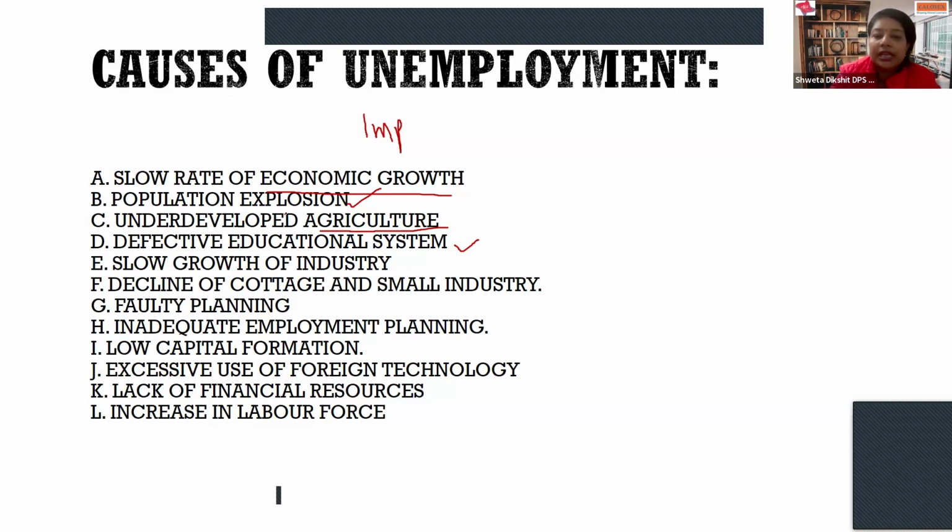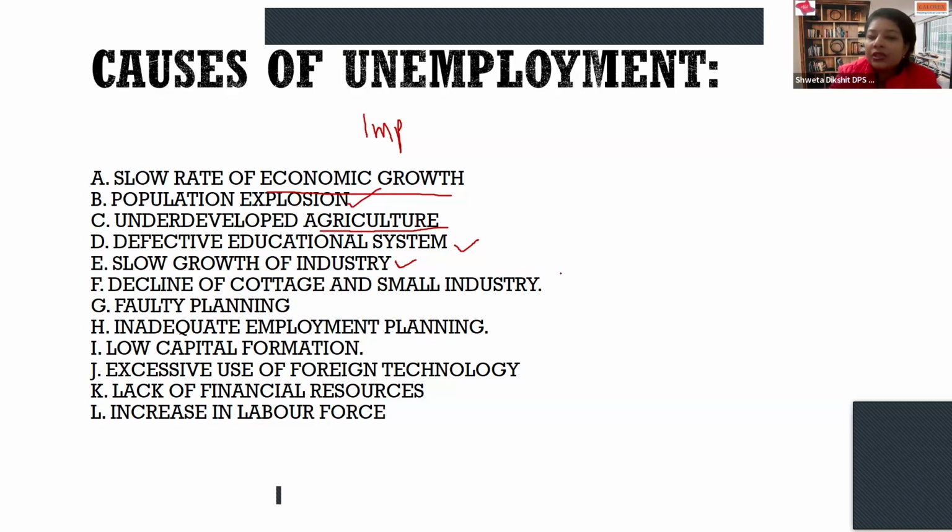Slow growth of industry. Industrial growth in India, of course, is very slow. For certain decades, it was even slower than Bangladesh and Pakistan. Multiple experts have commented on this, but due to time limitation I cannot share much with you. Next time, I would advise you to join the regular classes. Why does slow growth of industry happen? Many economists have advised that any country in the development process can only grow with the help of industries. Therefore, the growth of industries is very, very important.